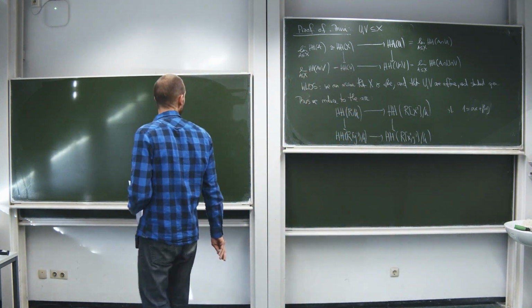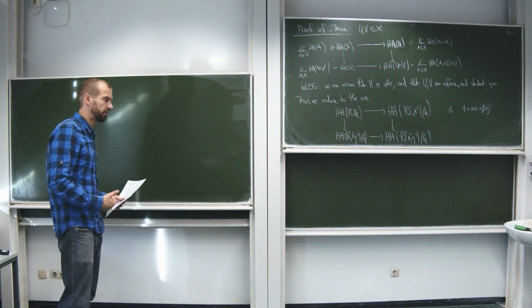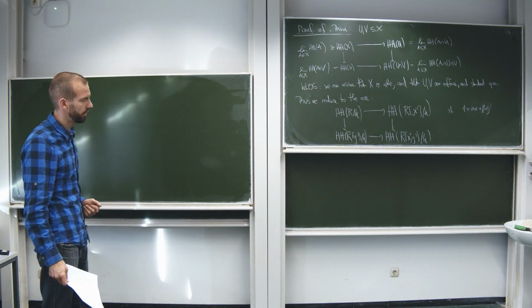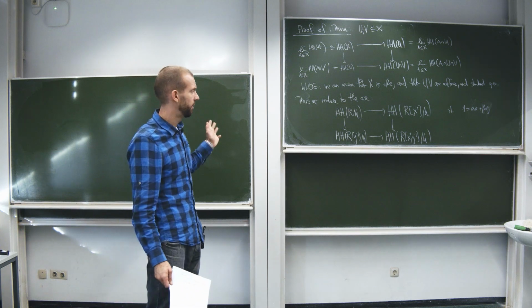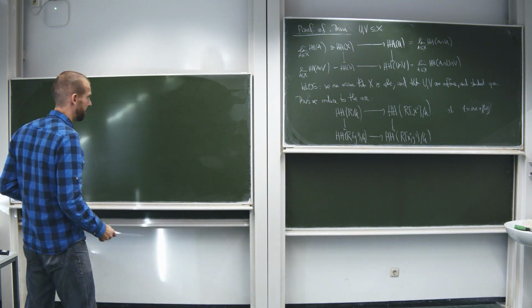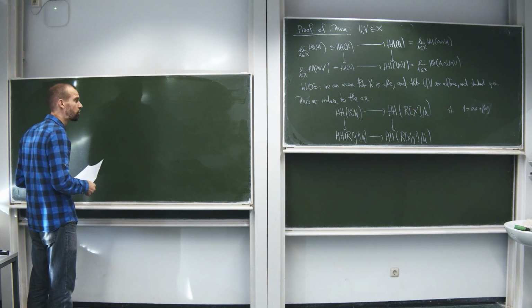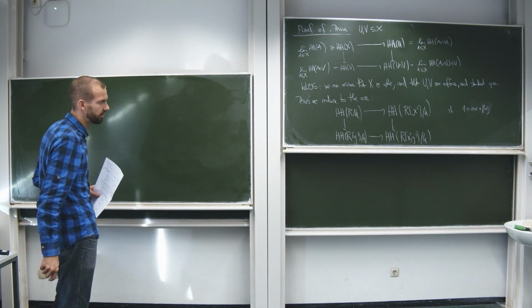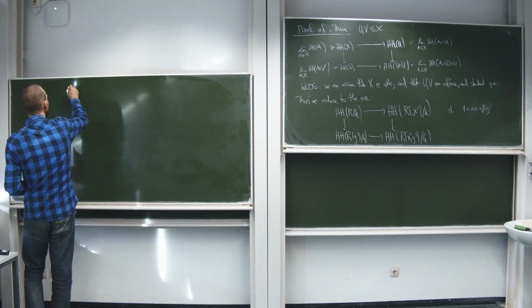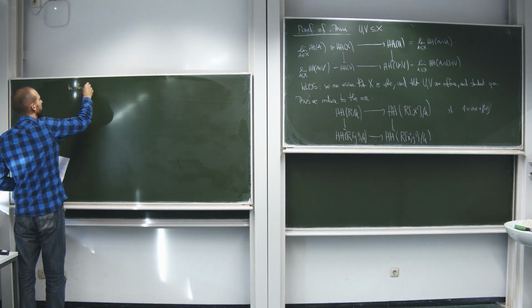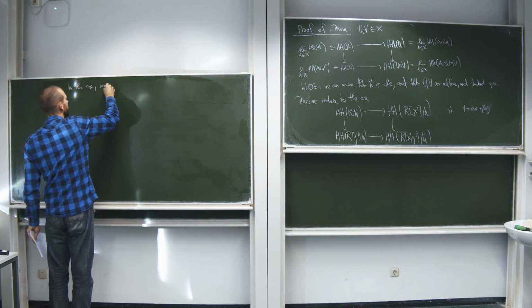And maybe I should have said I'm also using that Hochschild homology sends disjoint unions to products, of course. I didn't really want to talk about that, but that also goes into the reduction. But anyways, let's not worry about the reduction too much, but let's start looking at this case. In this case, we get